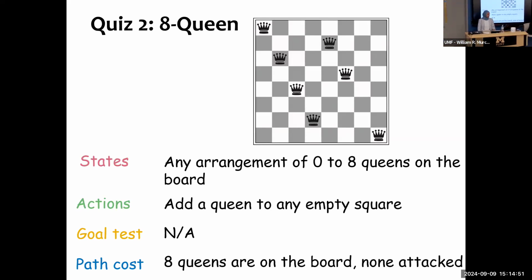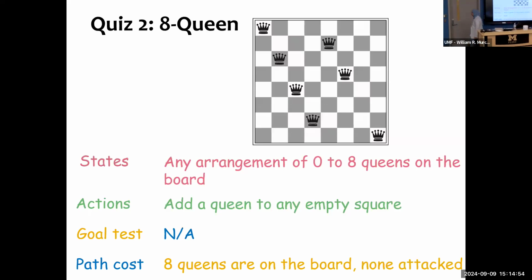Okay, great. So what are the states? Any arrangement of 0 to 8 queens on the board is going to be the given state. And we don't know here if the given one is the initial, intermediate, or a goal state. The action that we may take is to add a queen to any empty square. And the path cost, we don't know in this case. And the goal test is to have 8 queens on the board, none attacked. As simple as this. So you can now move to the next quiz,